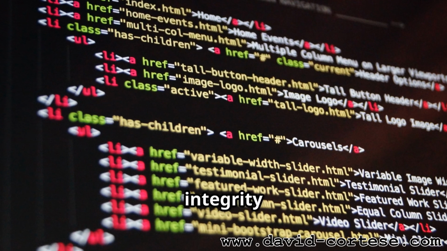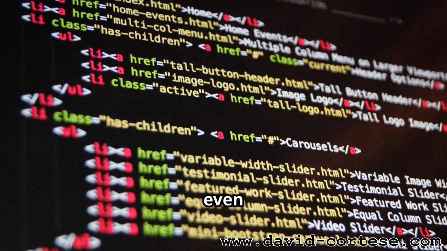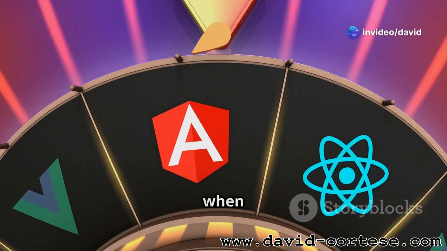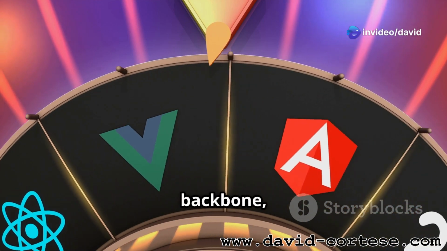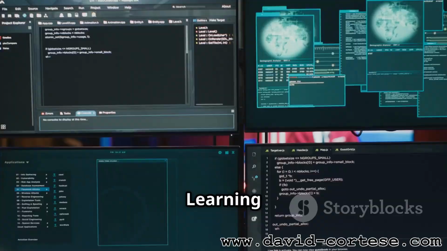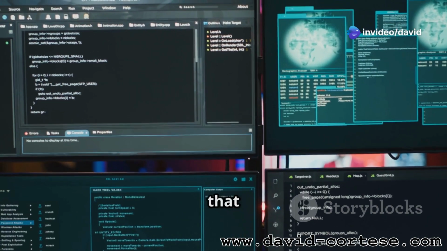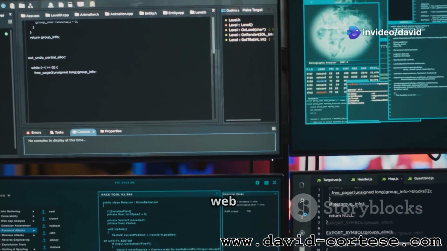This structural integrity is paramount before you can even think about making things look pretty or function dynamically. So when we say HTML is the backbone, it's not an exaggeration. It's the core content structure. It's what gives meaning and order to the raw information presented on the web. Learning to write clean, semantic HTML is a fundamental skill that will serve you well throughout your entire web development